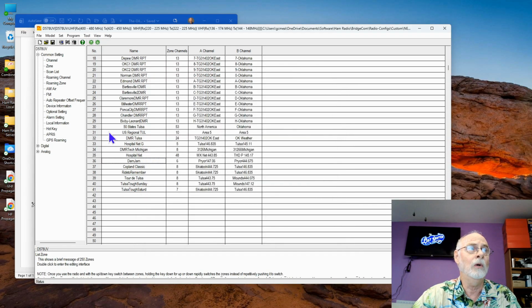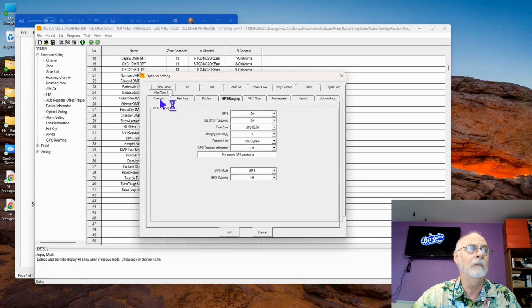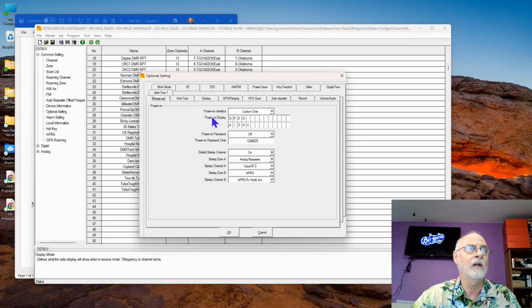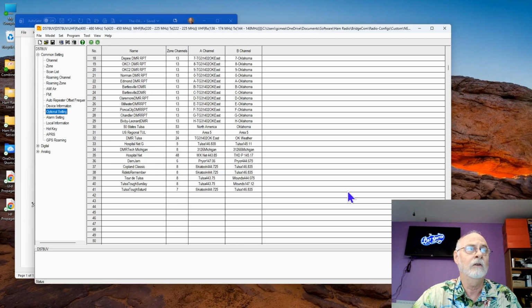So at this point, what I'm going to do is I'm just going to check my optional settings here and make sure on my power on it's got my name and my call sign just like I want it to. All my other settings are perfectly fine because I didn't import any of those to overwrite them. The other thing that I also did was I downloaded a new version of the digital contacts. Now, what I can tell you is that where you get your digital contact list, a